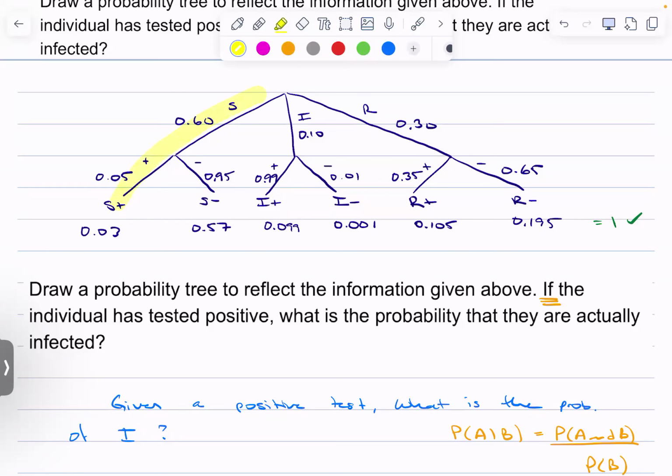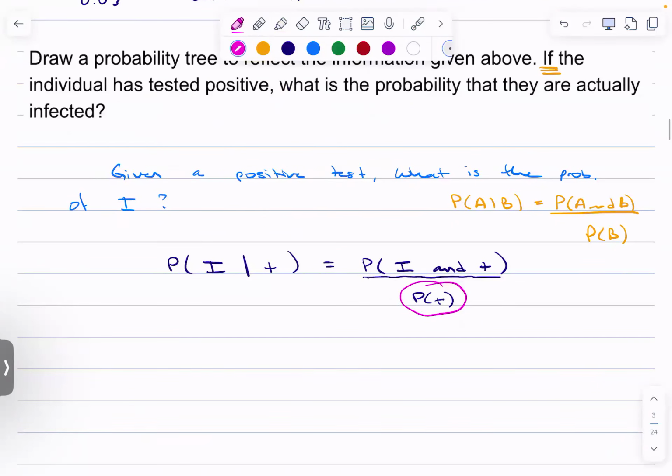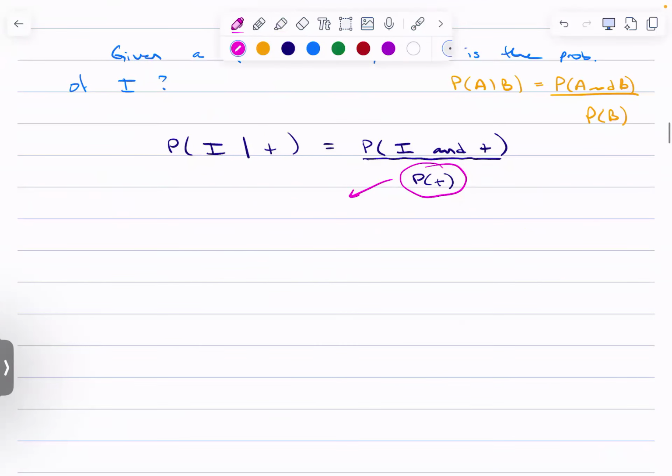And so if we just kind of highlight these positive tests, we see that there are 3 ways to test positive. So from the tree, we see there are 3 ways to test positive,